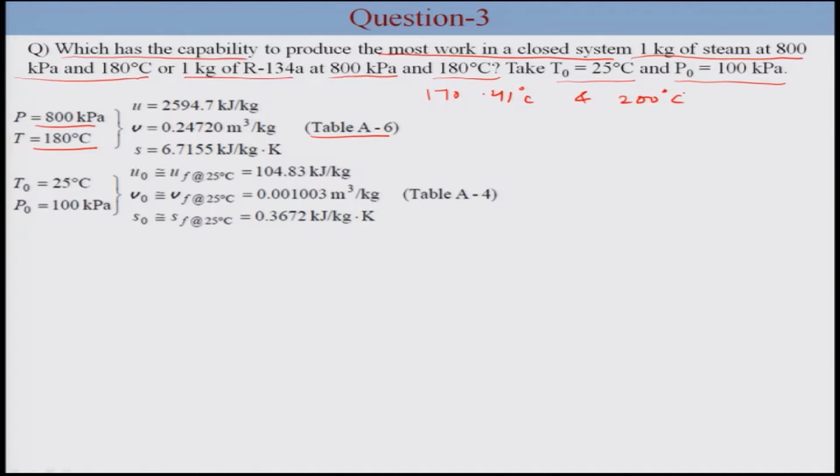Now, to calculate the values, we need to interpolate between these two temperatures to get the values at 180 degree Celsius. So, after interpolation we get the values as U is 2594.7, specific volume is 0.24720 and entropy as 6.7155. For the environmental conditions, it is at 25 degree Celsius and 100 kilopascal. We can directly obtain these values from the table A4 at 25 degree Celsius, and these are the properties of